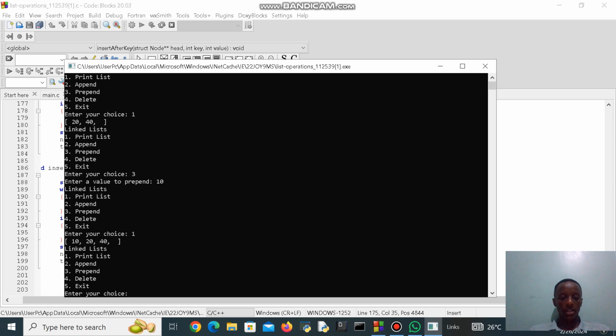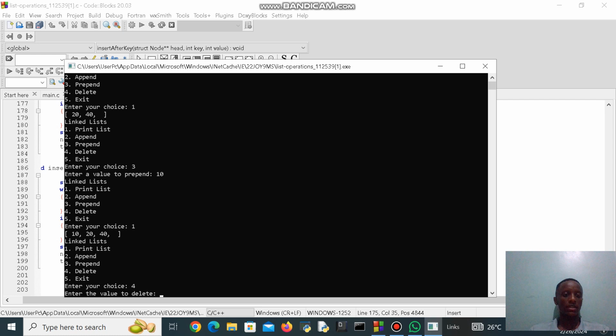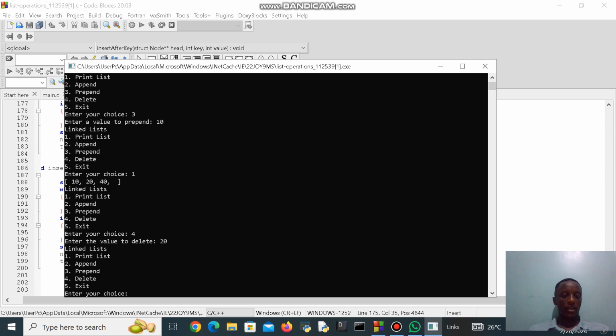So if I want to delete a value, this time my choice will be 4, which is delete. And then I enter the value that I want to delete. In this case, I want to delete 20. So I enter 20, and then it has accepted it. So now I'm going to go ahead and print my list again. Select